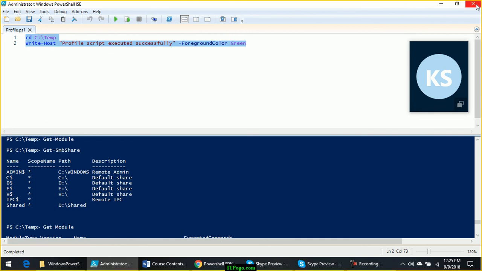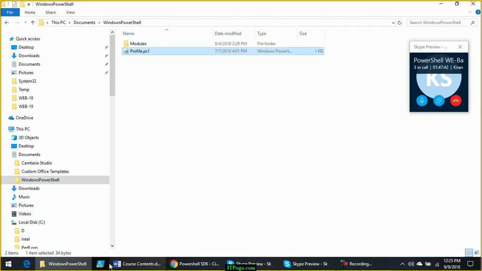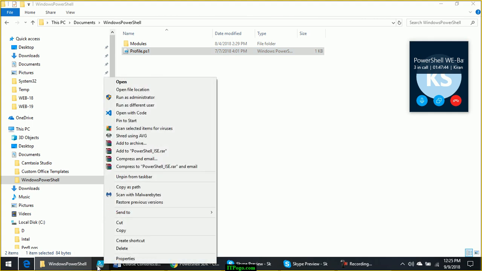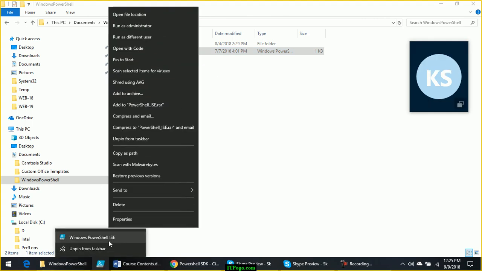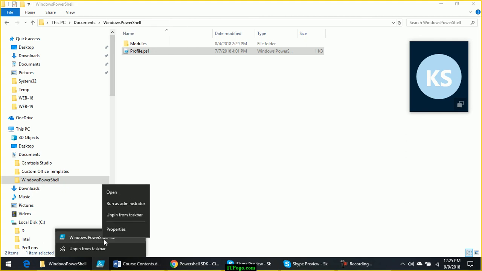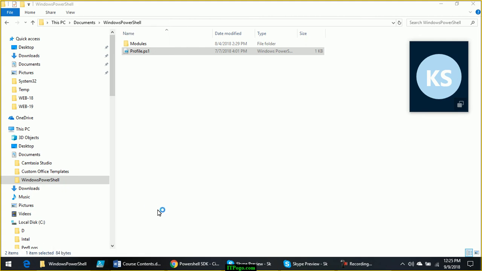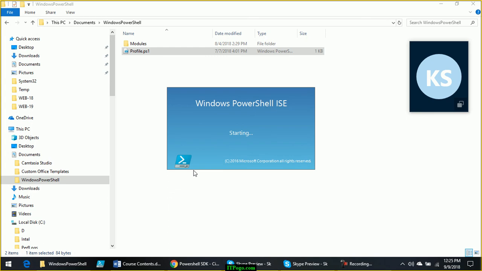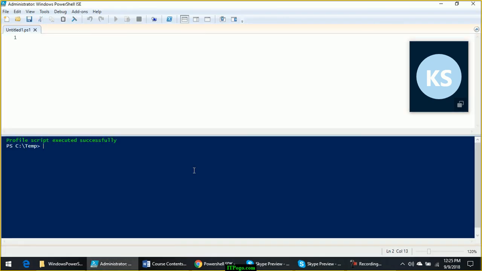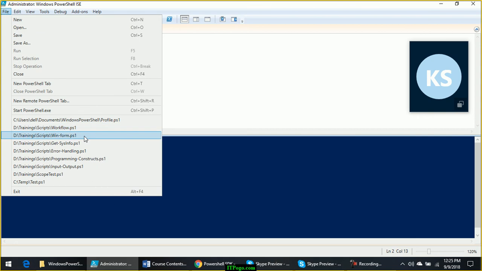Now if I close PowerShell and start it again, those two commands will get executed. See, it is into the temp folder and profile script executed successfully. That is because it is stored inside this file profile.ps1.